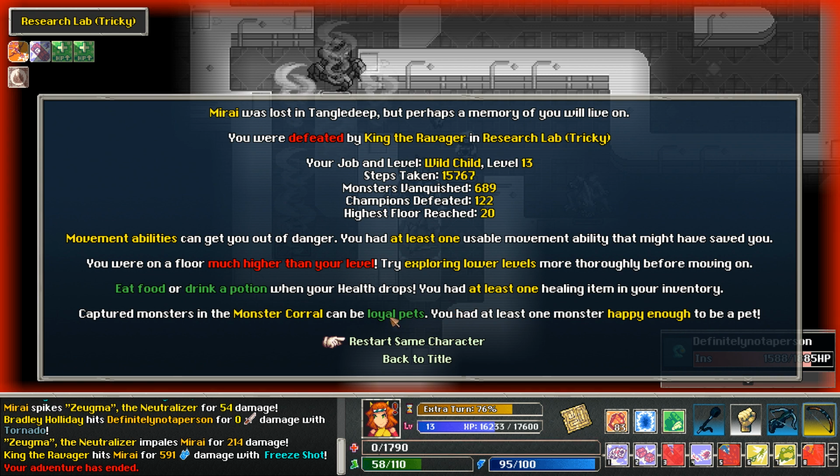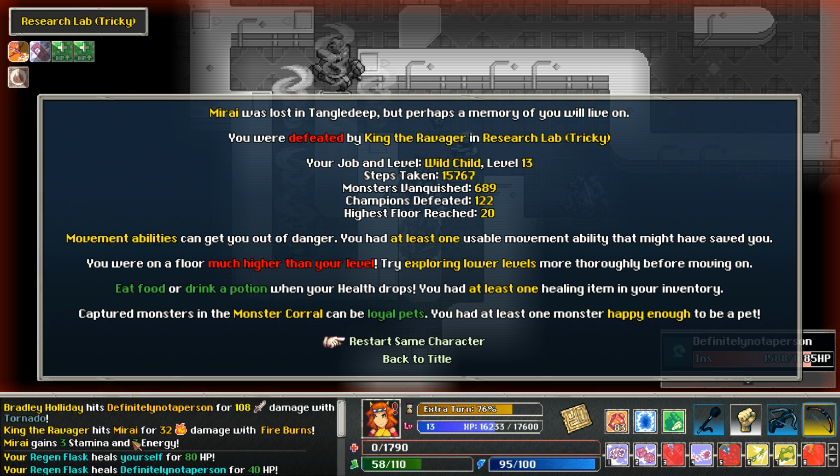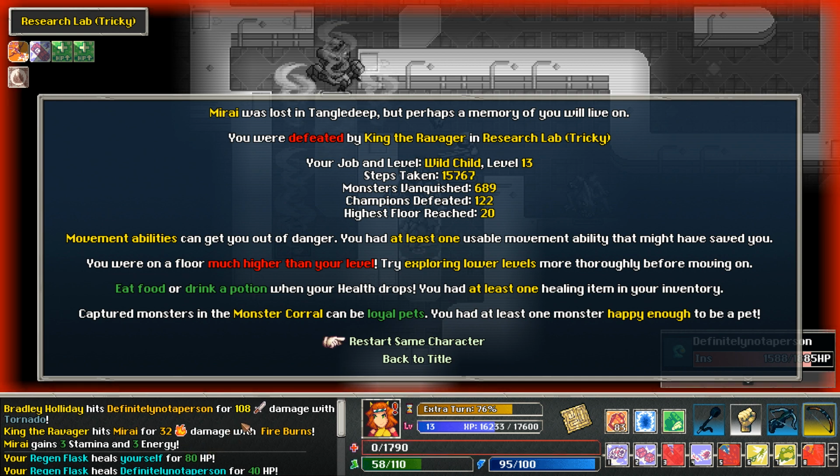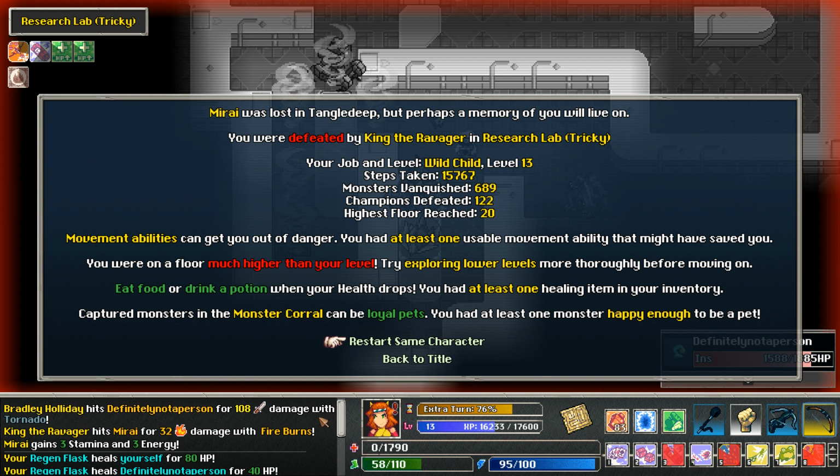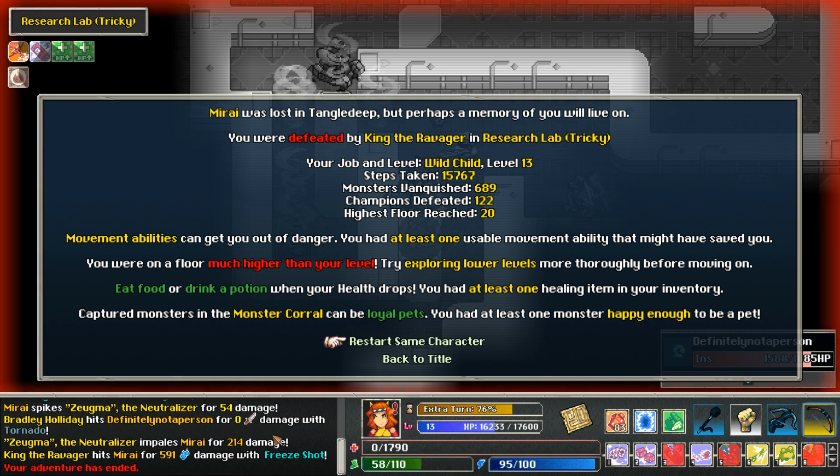That's just very frustrating. Alright, hold on a second here. What else did we... So I took 32 damage from fire. I took 108 damage from a tornado. I do so hate the tornadoes. Yeah, and unfortunately the log doesn't let us scroll all the way back to the beginning of the turn. But so we took 108, 214, 591. So we took probably over half of our HP in a single action in a way that was completely unavoidable. Like, freeze shot is not,